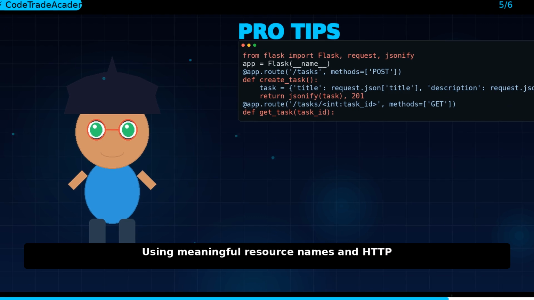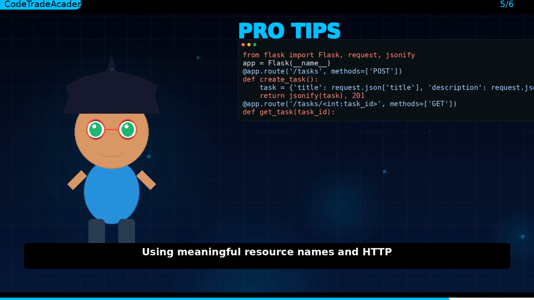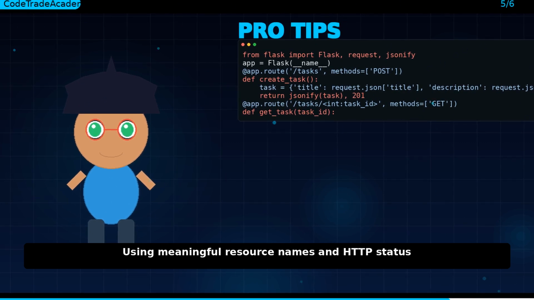Here's an example of how we can use HTTP status codes in our to-do list app. from flask import Flask, request, js